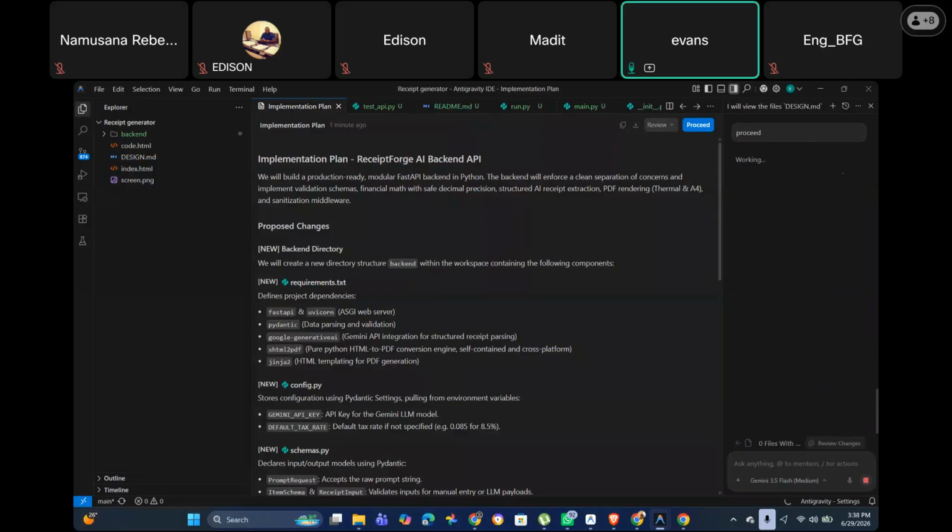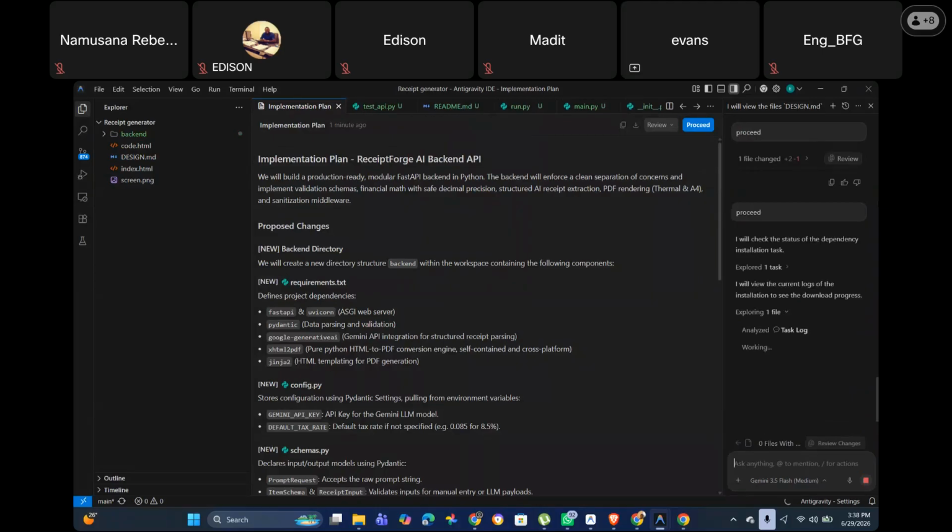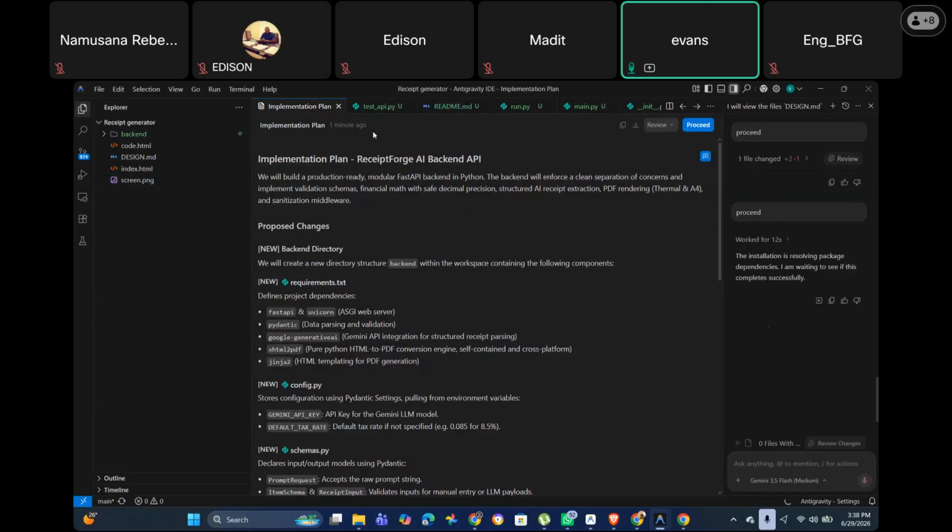So you just keep prompting it to proceed until it tells you it has successfully done whatever you've asked. It has successfully built the back end for this. Now, another beauty with this tool is